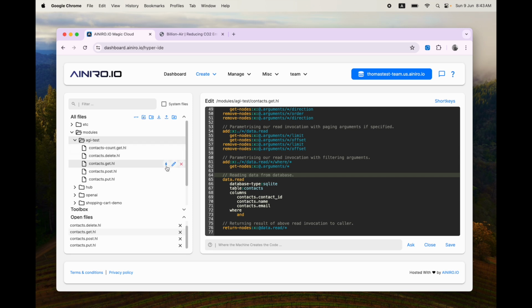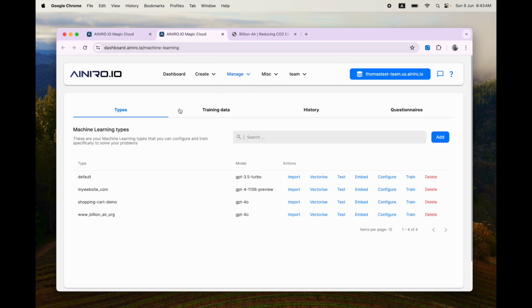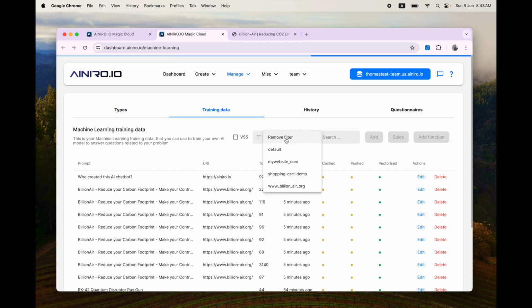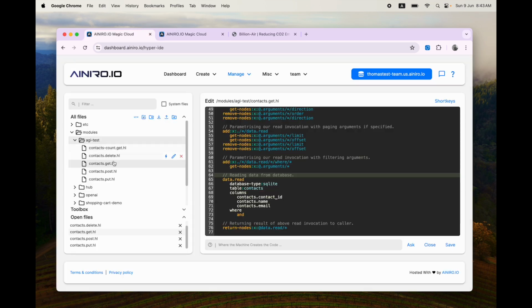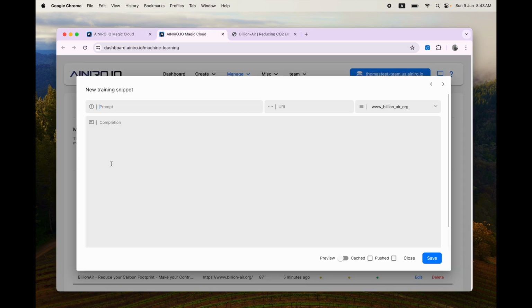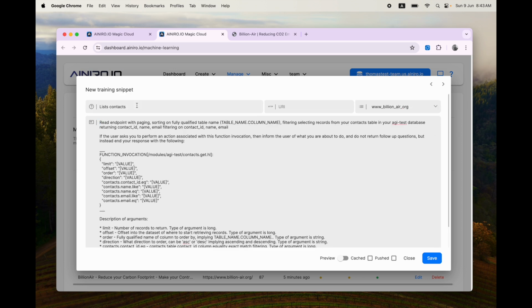So what we are going to be doing now is that if you hover over the hyperlambda file, you will see it says copy as AI function. What we want to do, we want to copy this guy, contacts.get.hl. Then we want to open a different tab, machine learning, in a different browser tab here. Then we go to training data, we choose our billionaire org model, we choose add, and then if you remember our endpoint, it gets contacts, okay? Gets lists contacts, right? And here you can see read endpoint with paging, or actually let's call it the read